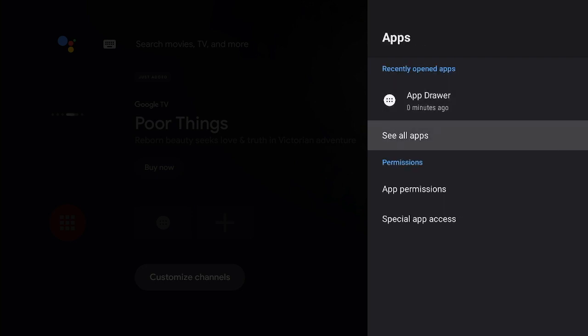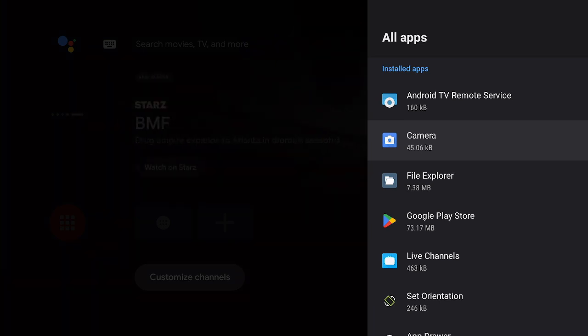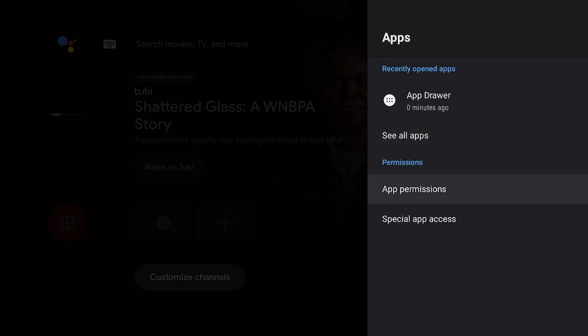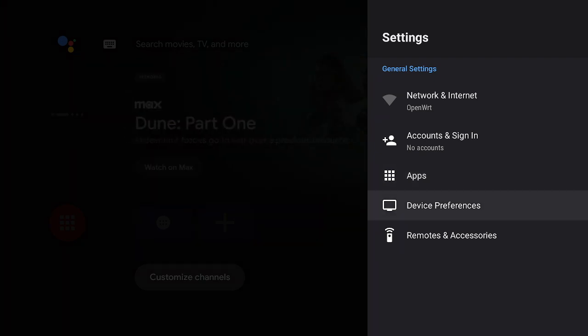If you want to see all the apps, that would mean the ones in the app drawer plus all the apps that are part of the Android version would be listed in here. So they're like system apps or whatever. So anyway, that's that. And then I was just going to go through